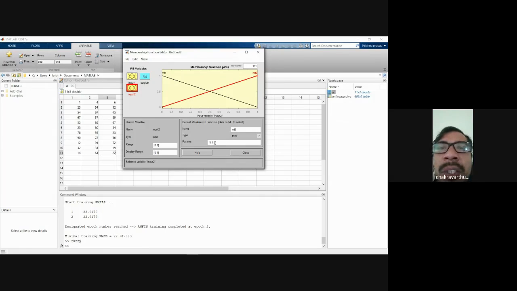Then give the output values. See, he has given the output values and parameter names, right? It is the same procedure that we followed yesterday. Before that, convert the range to 0 to 100. Don't forget to change it. The range should always be converted to 0 to 100, or if you are comfortable with 0 to 1, then the ranges also have to be given in terms of 0 to 1. That is your wish, up to you.